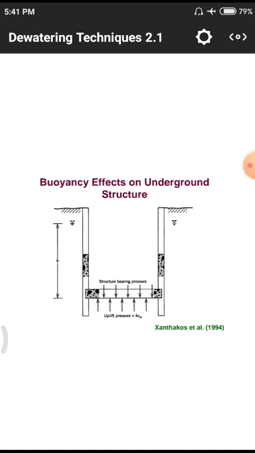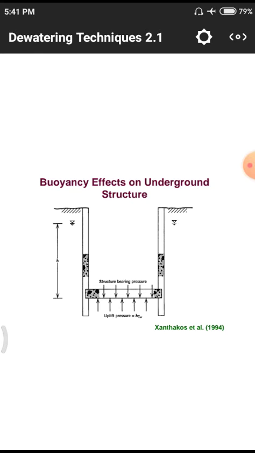Normally this pile foundation is observed in geotechnical engineering part 2, that means GTE 2, so that any structure which lies below the ground level will have to bear buoyancy forces, which act due to the entrainment of water in the soil itself. This is a typical diagram explaining these buoyancy forces acting against the foundation.